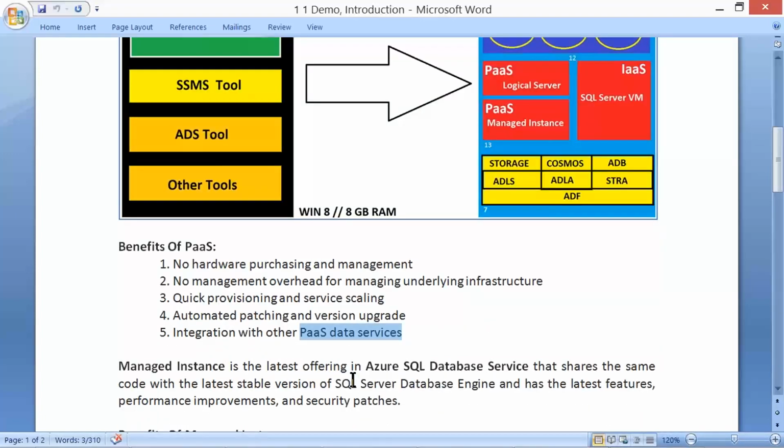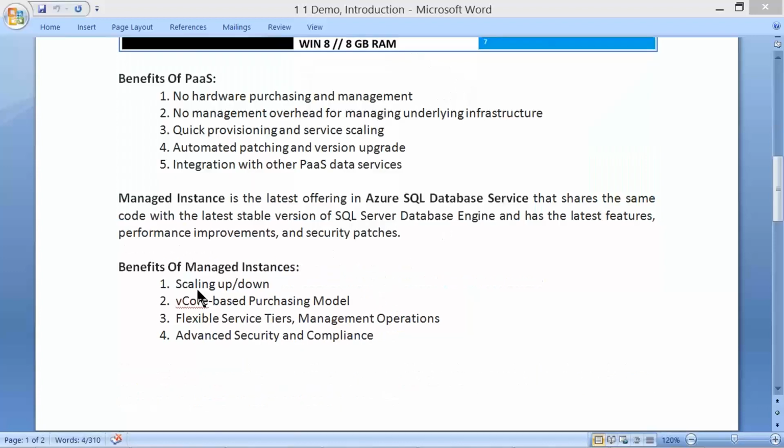This managed instance in Azure SQL database is very, very powerful and really awesome in terms of performance. We have nice options of managed instance with scaling up and down, easily increase or reduce our resources, vCore purchasing options.